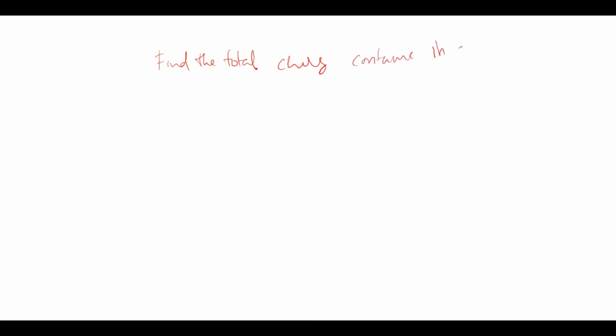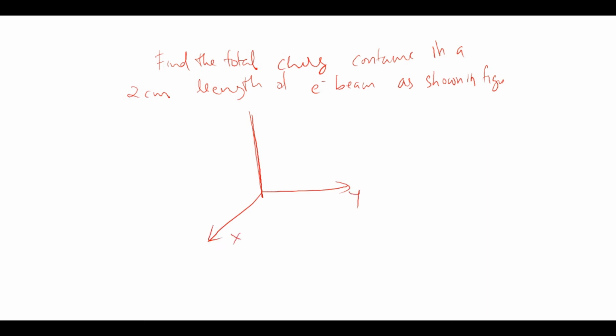in a 2 centimeter length of electron beam as shown in the figure. The figure is represented like this. This is the x-axis, y-axis, and z-axis, and there is an electron beam which is in cylindrical shape, and